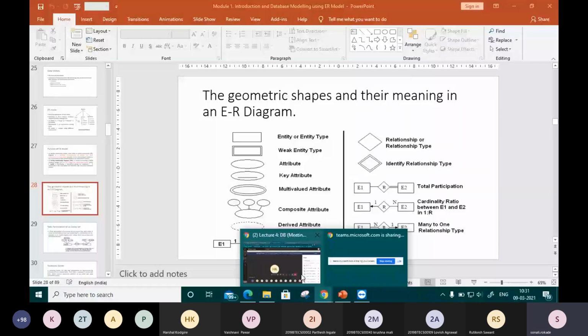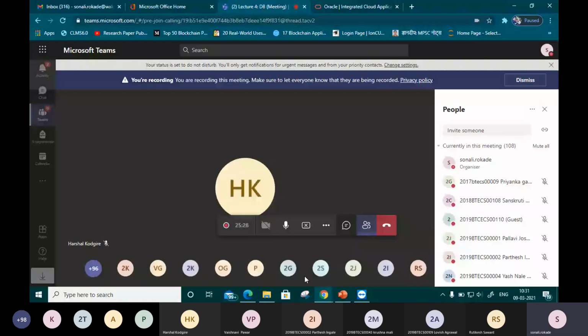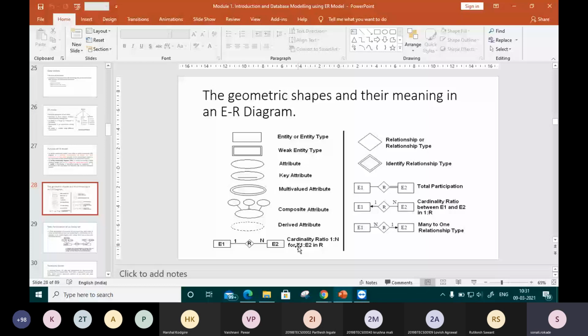Who told this answer? Saili. Okay, good, Saili. It means when you are going to find out another value by using any predefined value, that is called a derived attribute.